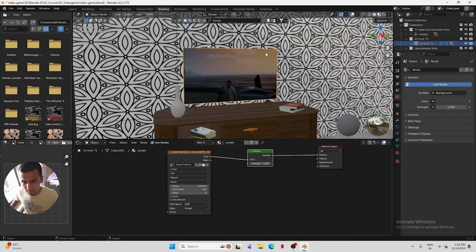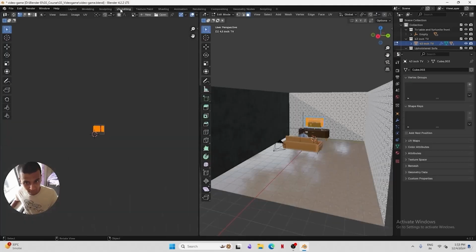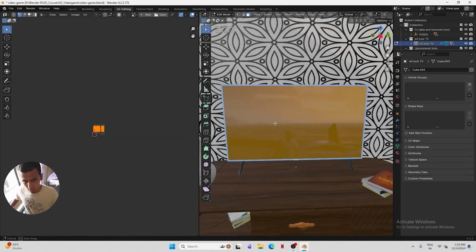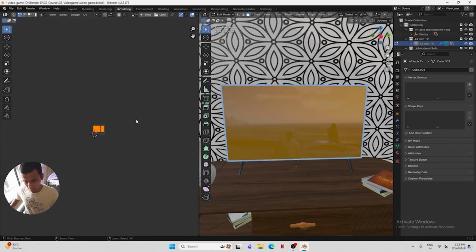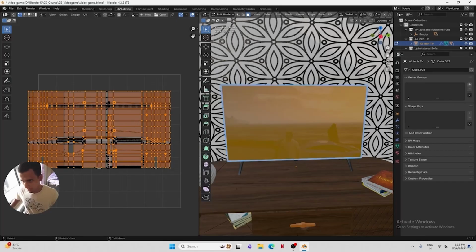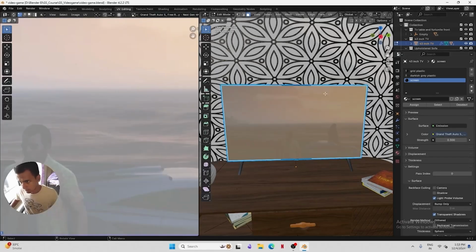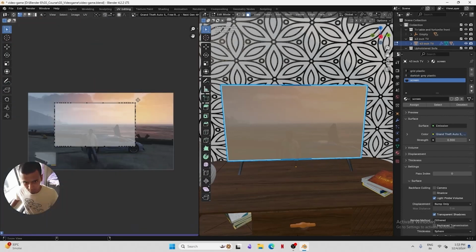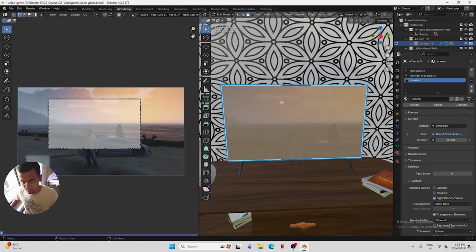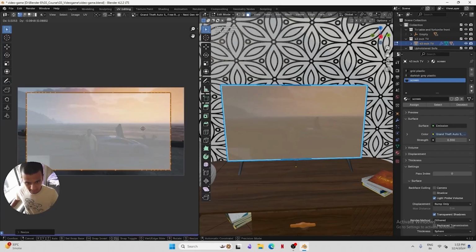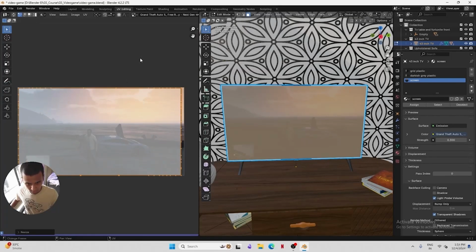Okay, this is not properly in the, like, I have to change something in the UVA today. So make sure, just select the screen and select everything here, increase the size, and make sure you are properly